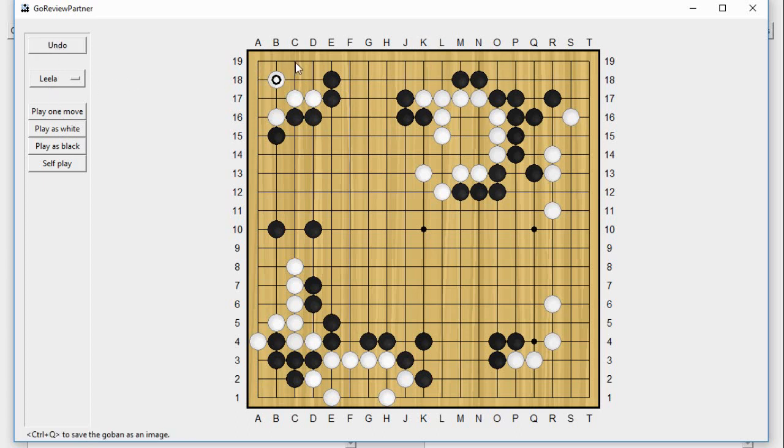The move I was looking at was just playing in here. So it's something like a monkey jump. You can see that now there's no way for white to make any eyes in here. And for white to make 2 eyes, white would have to build a solid wall here and then have a stone here and a stone here, and it's just too much work. Now,